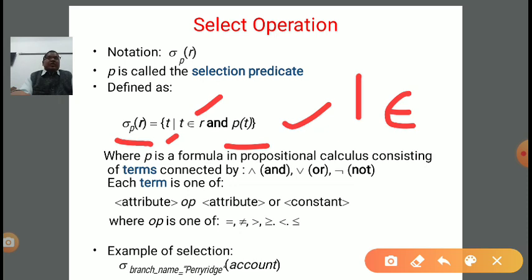In case of not, if it is true then it will take false, and if it is false then it will take true. Okay, so each term is one of attribute, operator, attribute, or any constant, right? Where the operator is one of equal, not equal, greater than or equal, less than or equal. These are the comparison operators.